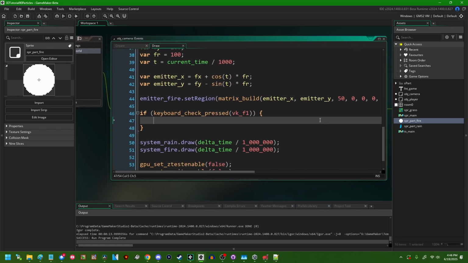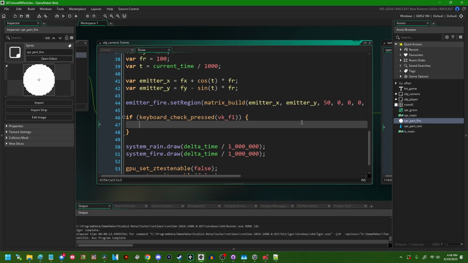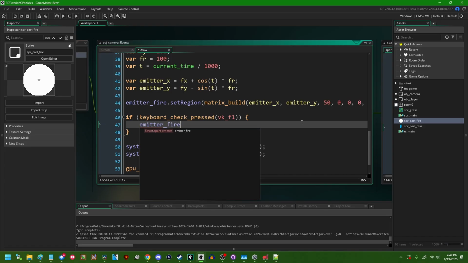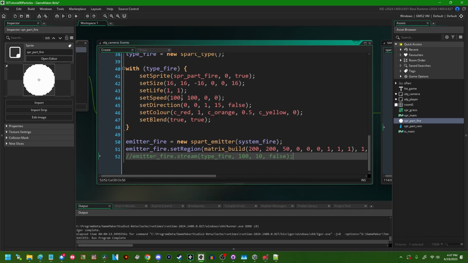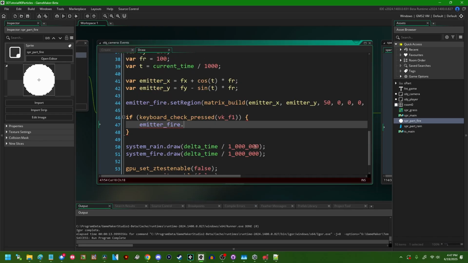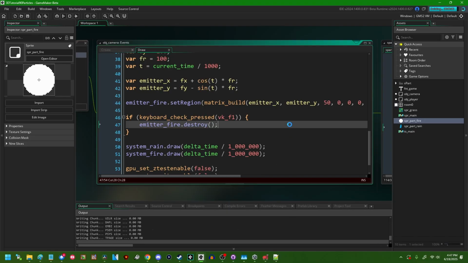I guess the last thing that I talk about before I end this off is when it comes to destroying emitters. Let me go back and uncomment emitter fire.stream. There are actually a pair of functions which you can use. So there's just destroy, which will destroy an emitter. So if I hit the button,